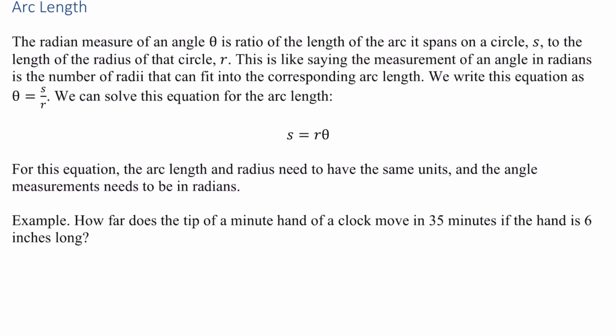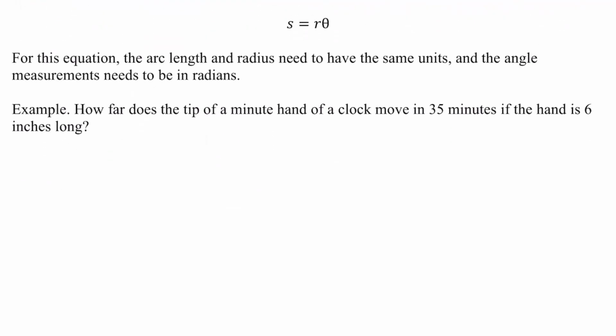How far does the tip of a minute hand of a clock move in 35 minutes if the hand is 6 inches long? So I think it's a good idea to draw a picture here of a clock. We know that the 12 is up there, and for 35 minutes, the minute hand would start at the 12 and then end here. So it's like we have the initial side and the terminal side. The initial side starts at the 12, and then the terminal side here is at 7. And so this creates an arc length on our